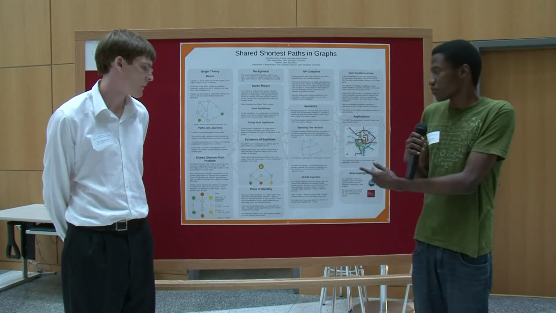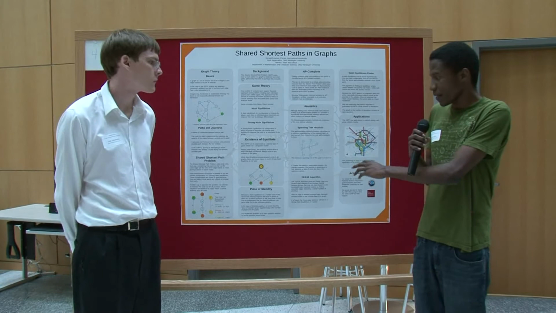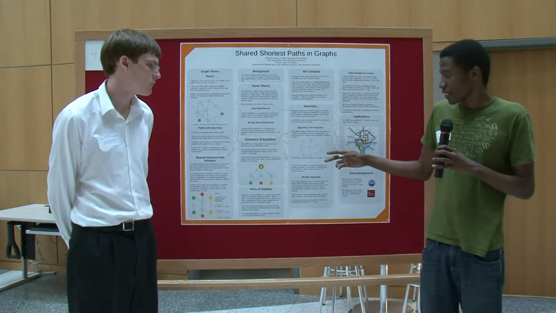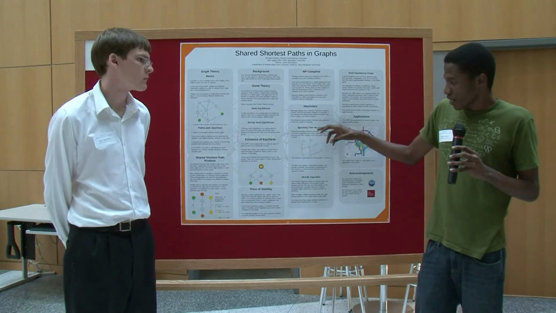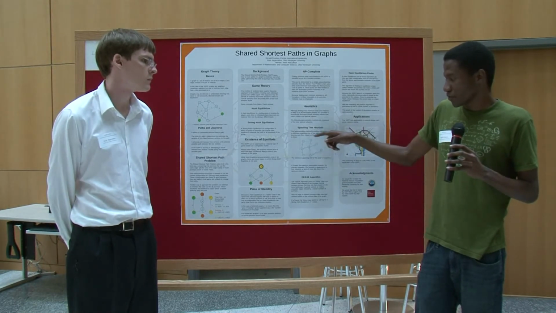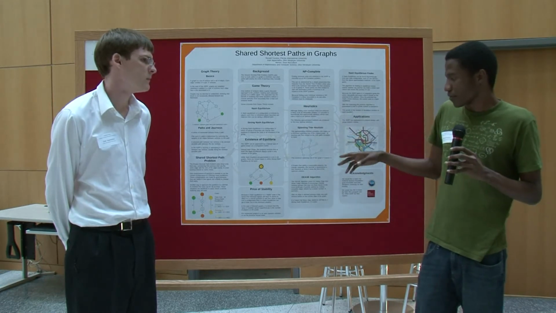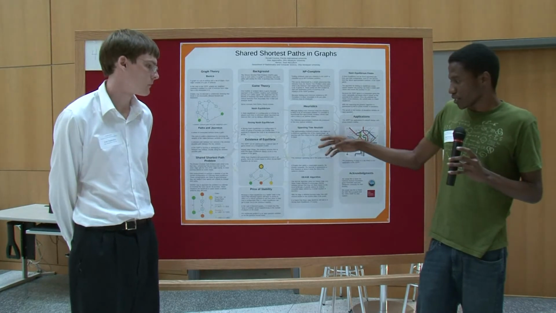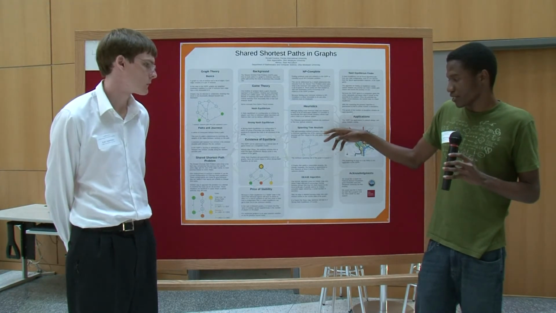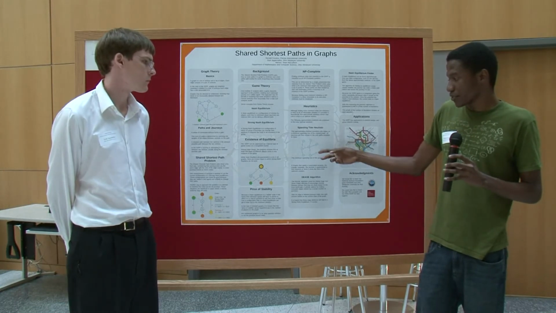So what we did this summer is we developed a heuristic, the spanning tree heuristic, that finds the minimum spanning tree, which is basically a tree in a graph. A tree is a graph such that there's one path from any vertex to another. So in this graph, there's one path from any vertex to any other vertex. And we took the minimum spanning tree, which is basically a tree that links every vertex and is of minimum cost if you add the cost of the edges. And we route the journeys on this graph,